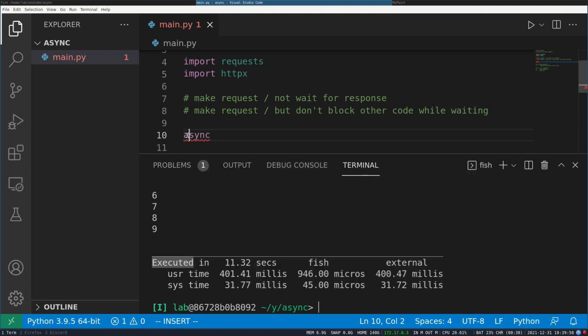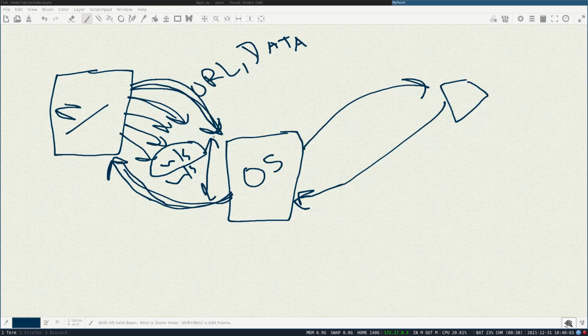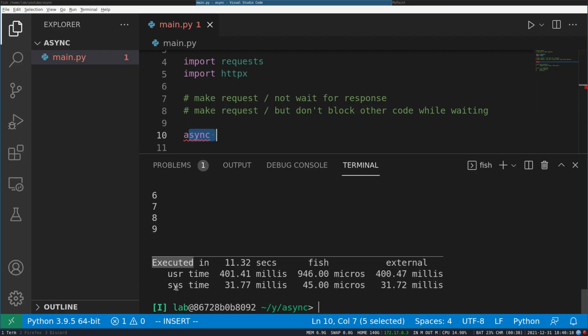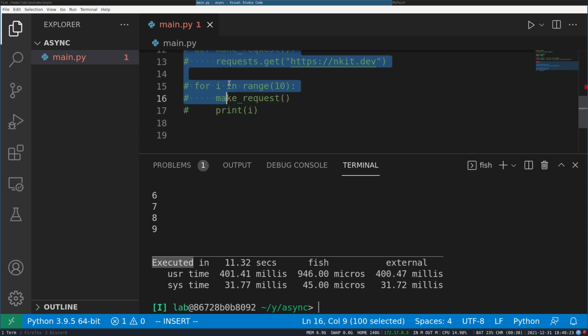Async means that this function should not block. So if our request is async, that means we will send a request but we can still do other tasks in between until the response comes, and this is what async means.